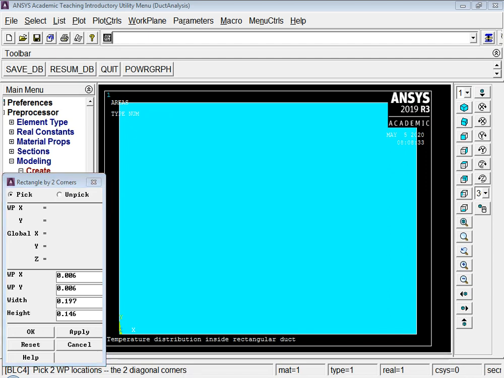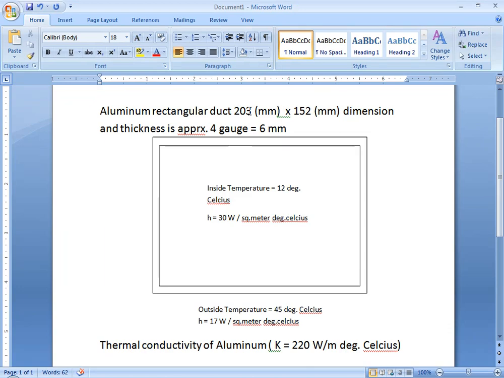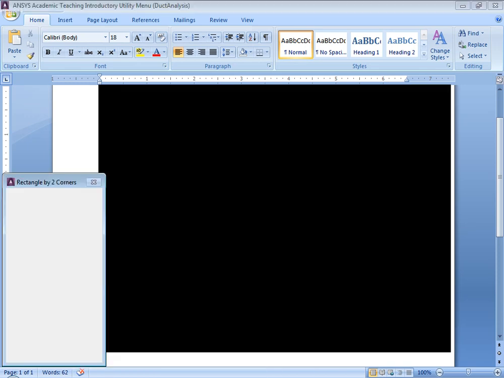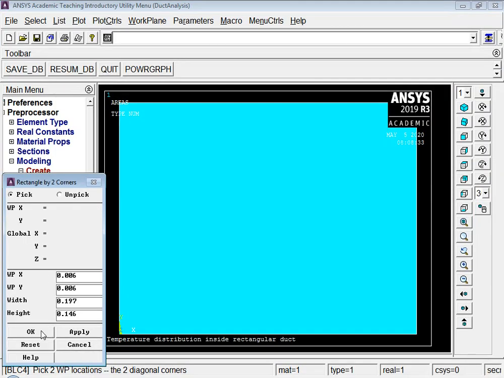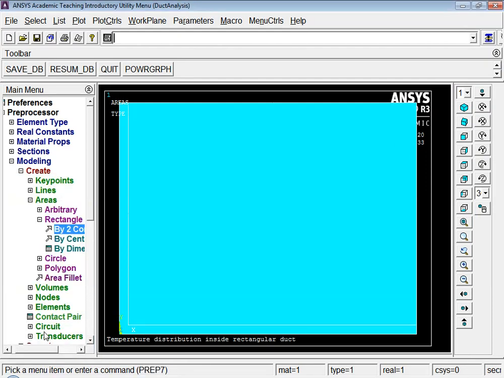So 203 minus 6 mm, that is 197, and 152 minus 6 mm, that is 146, so 0.146. That's what I have specified, and it is starting from 6 millimeter comma 6 millimeter. So when I say OK,